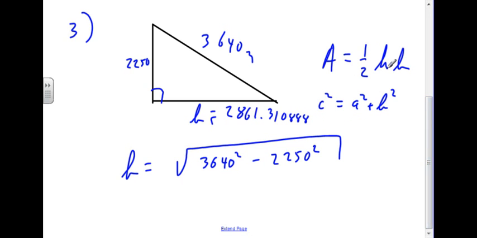And now I can go back to 1/2 base times the height. So area is 1/2 times 2861 times 2250. Now, what I wouldn't do is round this guy off. I just leave it in my calculator and go times 2250 divided by 2 and call my answer